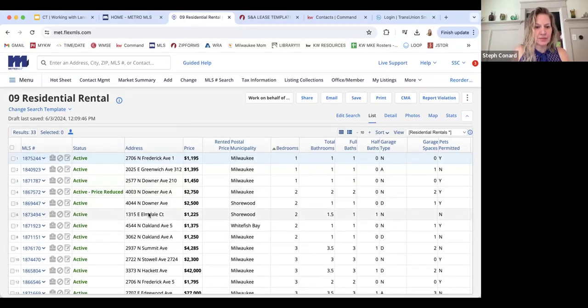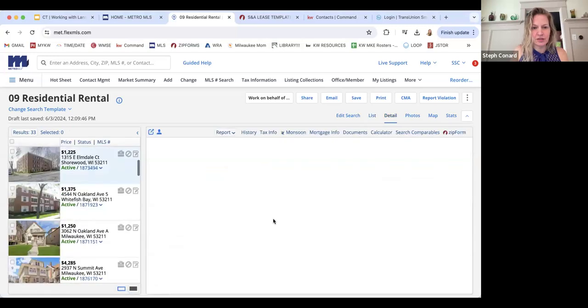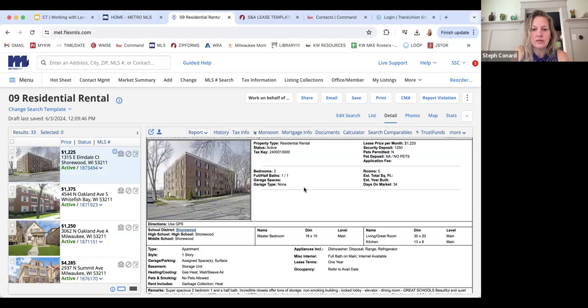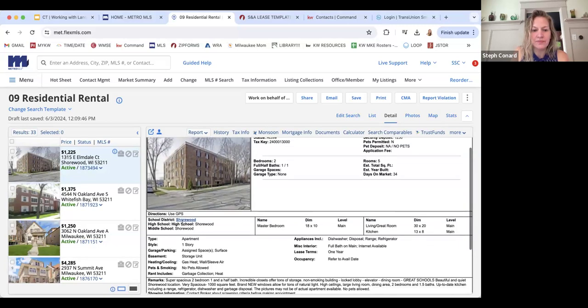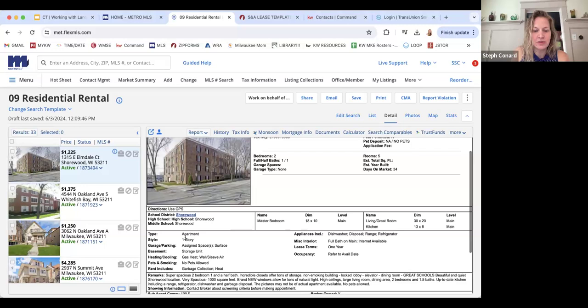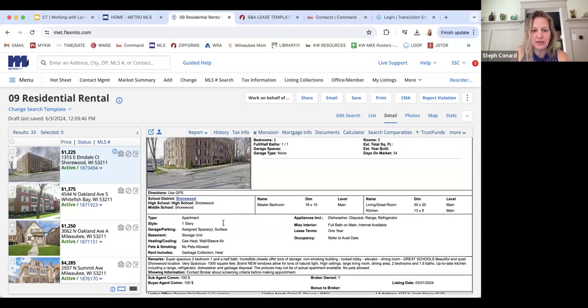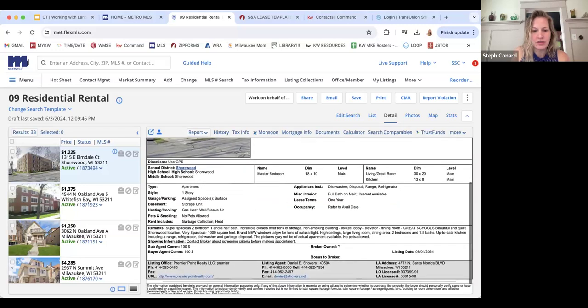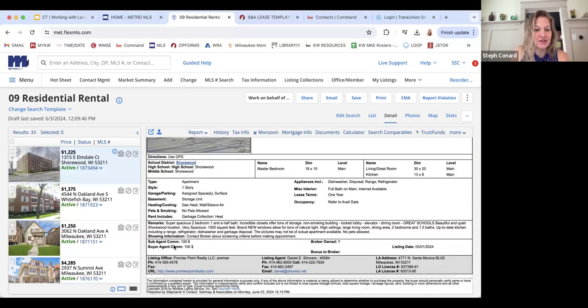Okay, I'll give you an example of the kind of information that's shown. So, 2-bedroom, 1.5 bath. It's an apartment style, obviously, 1 story. It indicates whether there are assigned spaces or surface, the type of parking, and if there's a storage unit. Here we go. Sub-agent commission is $100 on this. So this could also help inform how much time you want to invest in